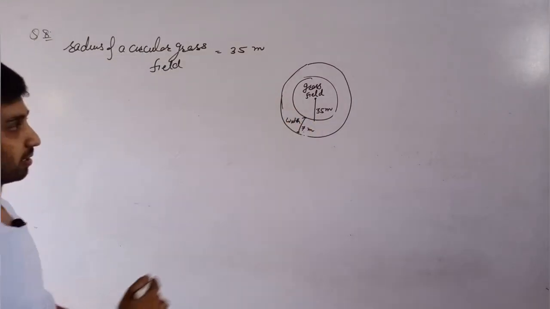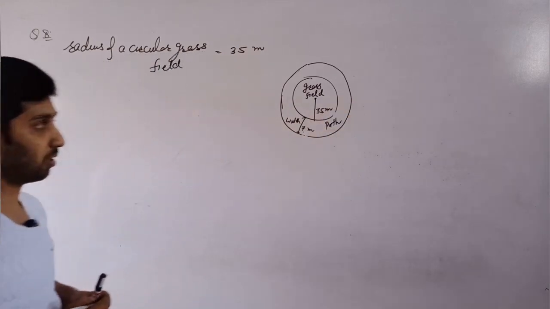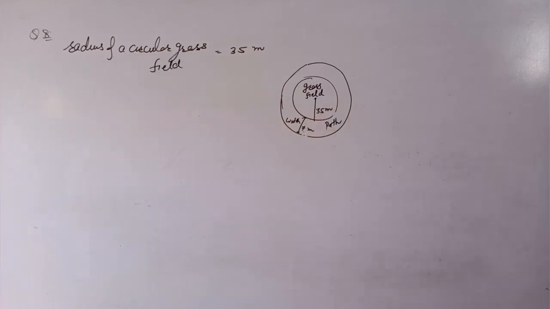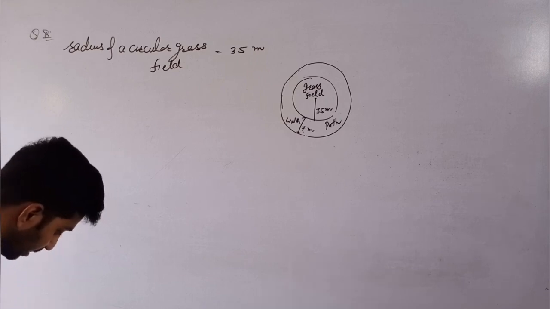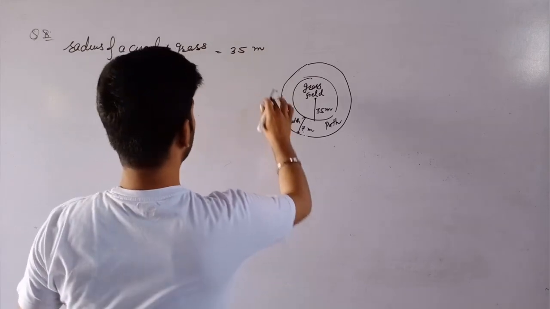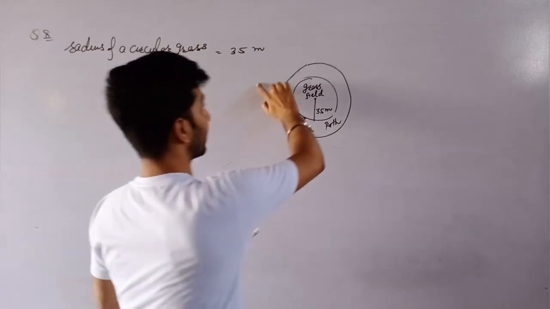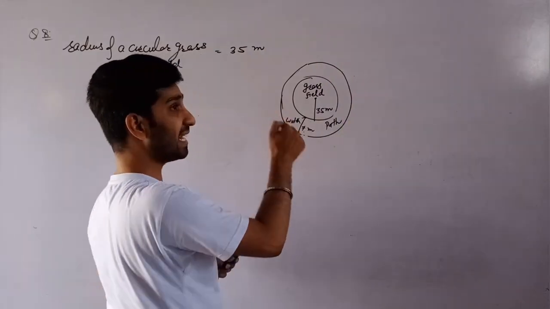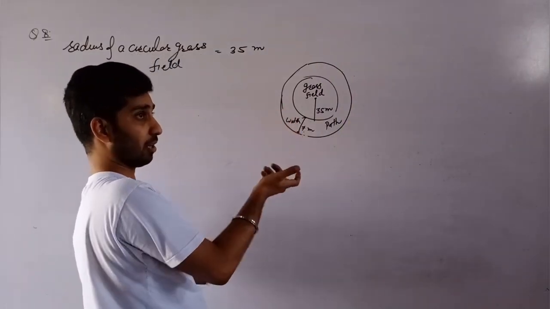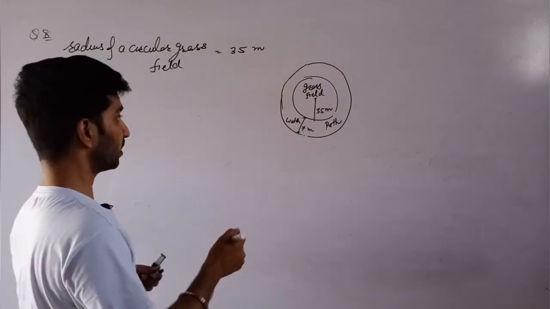देयर इज ए पाथ ऑफ विड्थ 7 मीटर अराउंड इट, इसलिए अराउंड में 7 मीटर विड्थ का एक पाथ है। इट इज़ गिवन दैट एक सर्कुलर ग्लास फील्ड है, रेडियस 35 मीटर है। देयर इज ए पाथ ऑफ विड्थ 7 मीटर अराउंड इट। अराउंड इट मतलब बाहर है, और अराउंड इन इट, इन मतलब अंदर होता है, तो यदि इन इट होता तो वो 7 मीटर का अंदर बन जाता। मीन इन इट होता